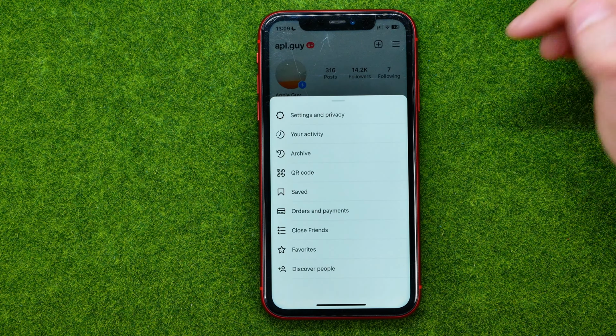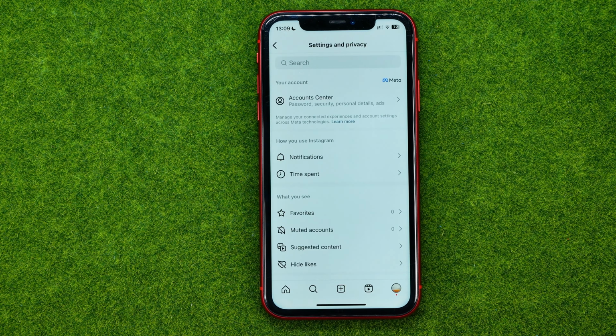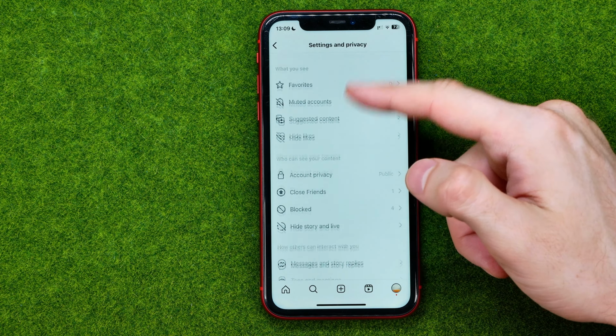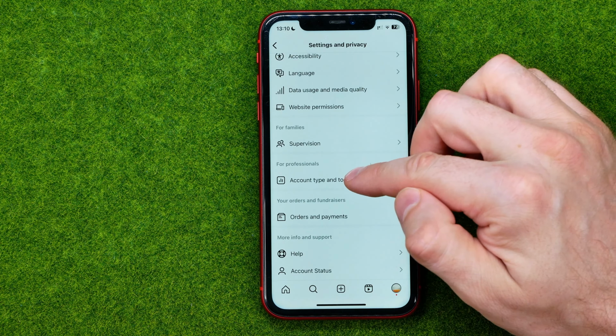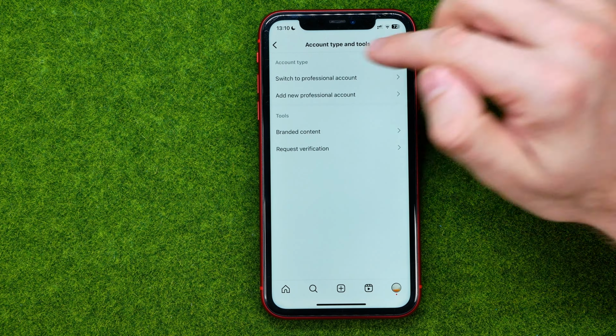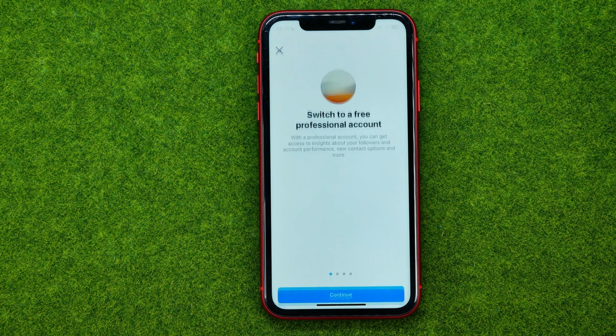So let's get started, and first off, open up the Instagram app and then go to your profile. Then tap the menu and select Settings and privacy. Then scroll down until you find Account type and tools. Then tap Switch to professional account,